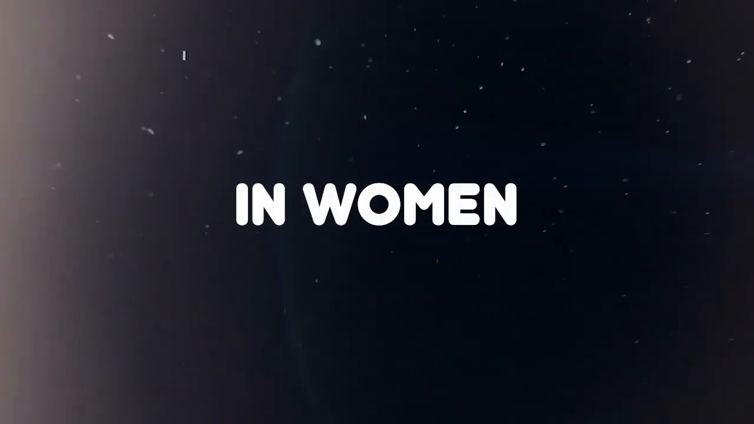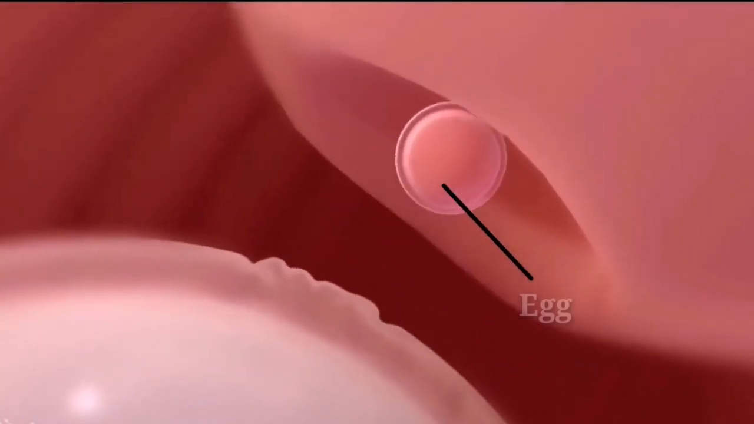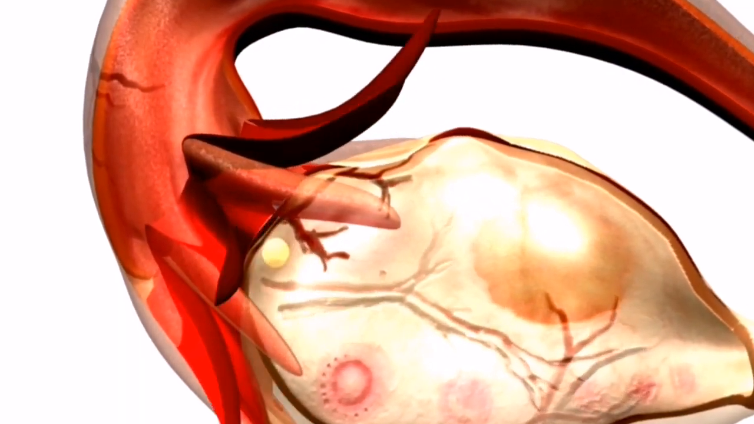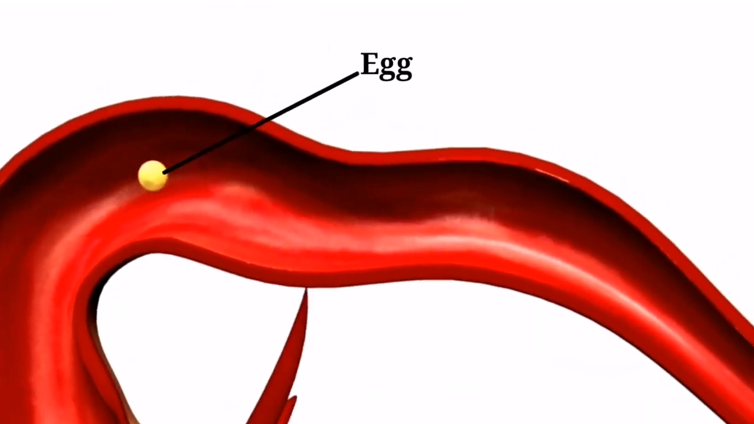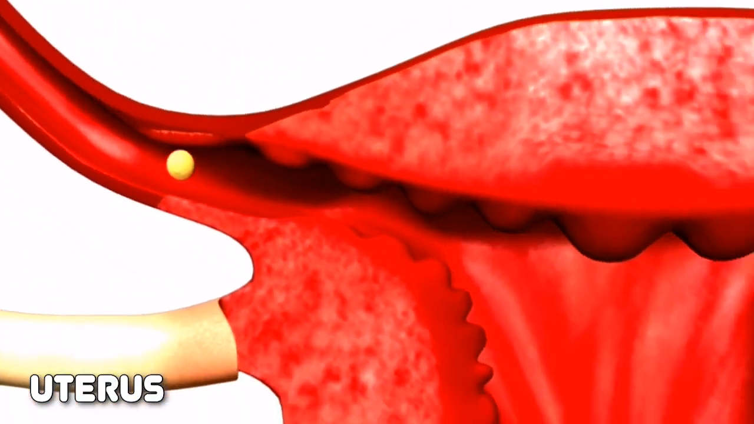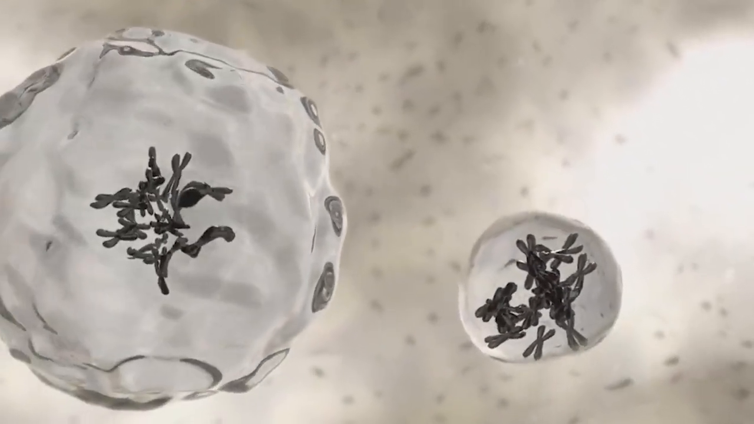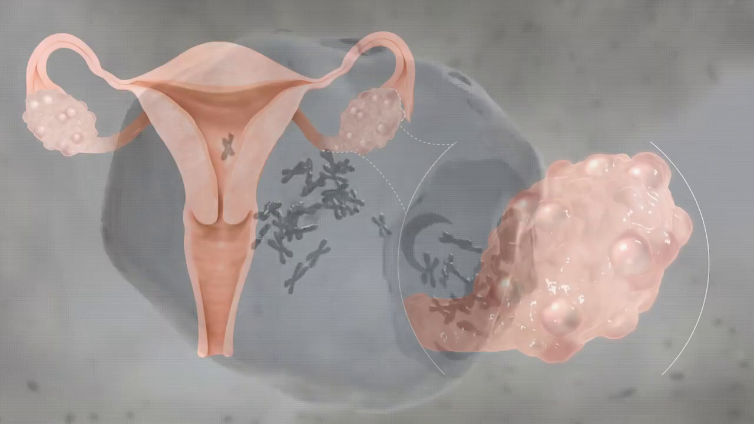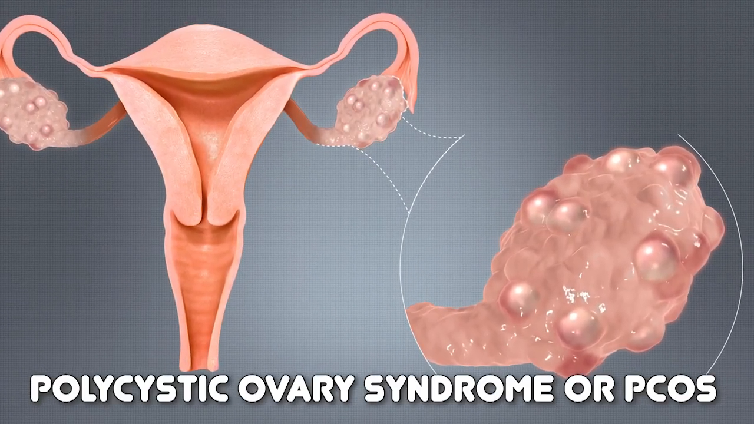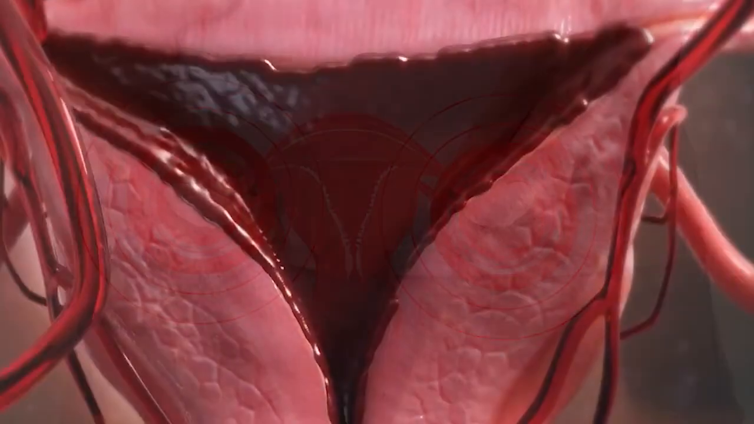In women, an egg needs to be released from one of the ovaries in order to become pregnant. Fertilization of the egg is required. The fertilized egg needs to travel through the fallopian tube to enter the uterus and adhere to its inside. The most frequent reason of infertility in women is an ovulation issue, which interferes with the release of eggs from the ovaries. An ovulation disorder can result from polycystic ovary syndrome or PCOS, premature ovarian failure, where the ovaries stop functioning or fail before the age of 40,